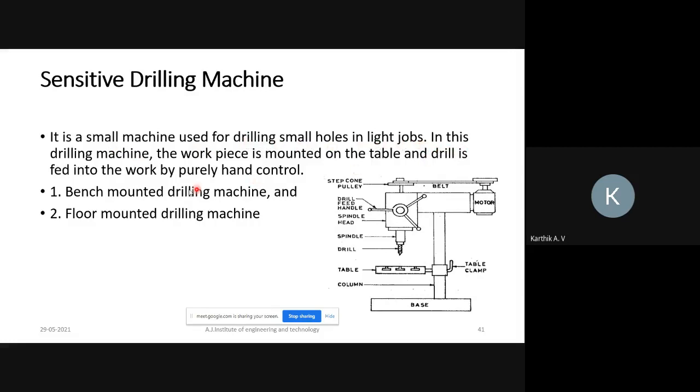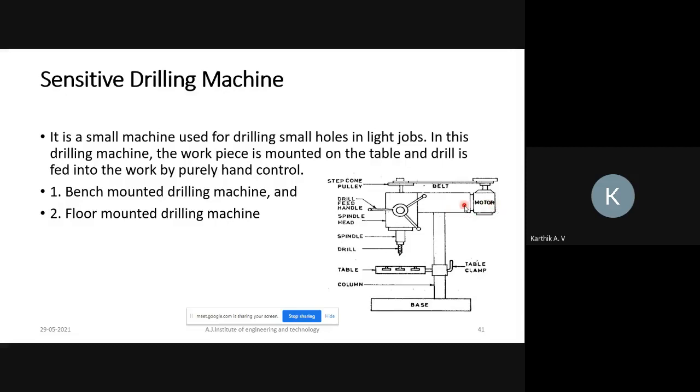In this drilling machine the workpiece is mounted on the table and the drill is fed into the work by purely hand control. The base is made of cast iron, and it also has a column. The table can be moved upward as well as downward based on the requirement with the help of the table clamp.